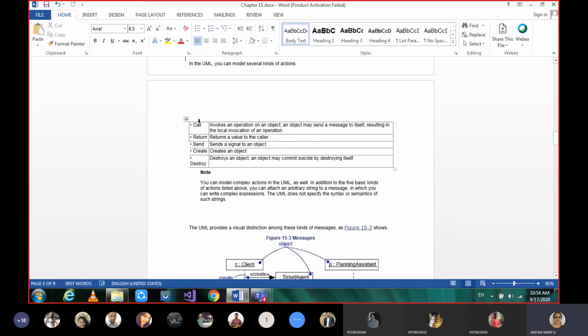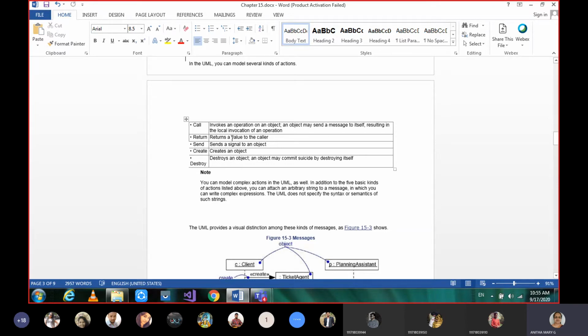So it's like the class or object calling either another object to invoke, or calling itself, or the operation with its start of initiation, which means it can then be called. Return means returning a value to the caller. So when an object is returning a value to the caller, whoever might have called that object.